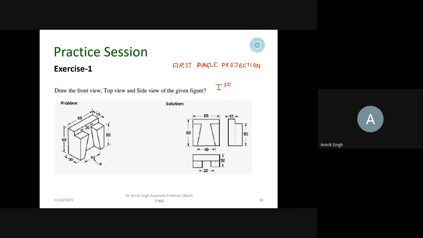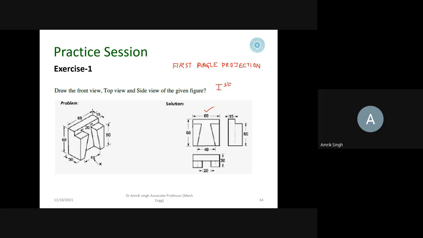So if you see from the front, this is 60. So this will be there. Then the line of sight will go like this, then like this, then like this. So it will be like this. And then you go this way and this line will be merged here. So you have drawn this line and then you have gone up, then it is merged here. So this outside box will be there.